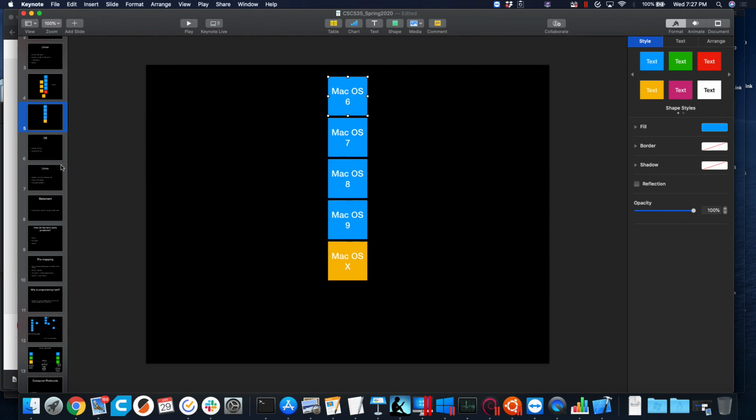These are distributions of the Linux operating system. Does that make sense? The operating system itself is Linux, the Linux kernel, which is an open source project.